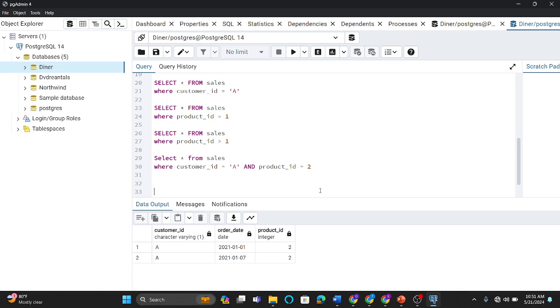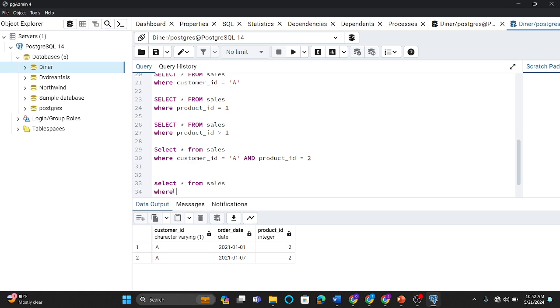An example of this is that I can say select asterisk from sales where customer ID equals to B, and this is or now, or product ID is equal to 2. If I run this now,